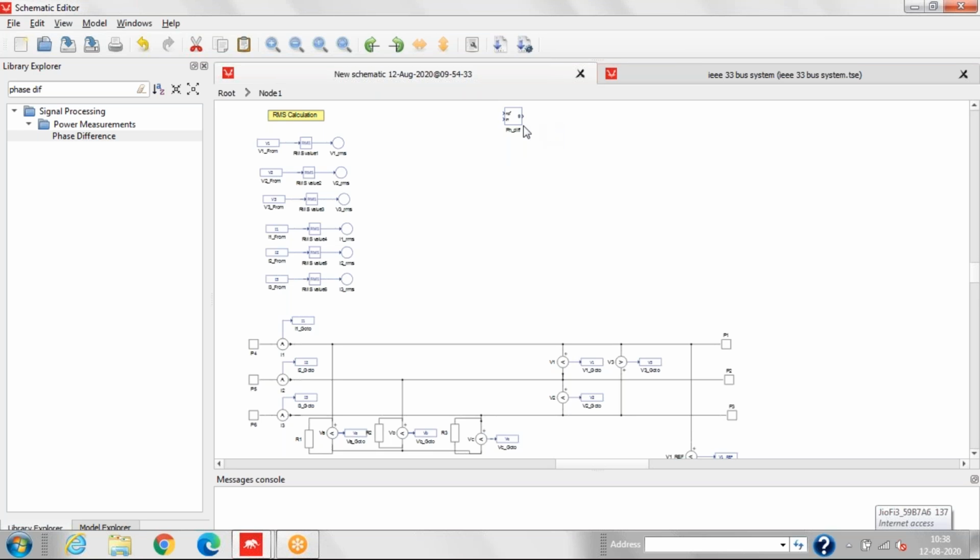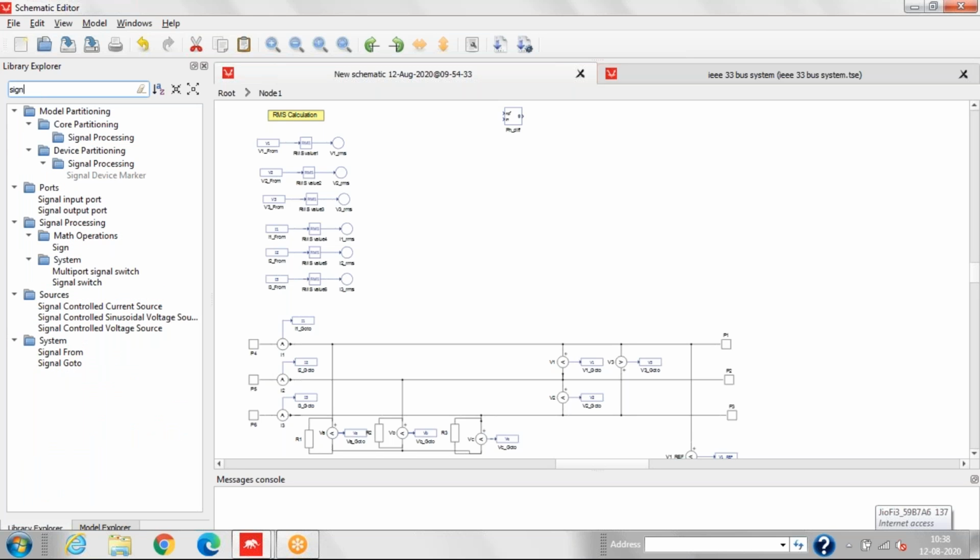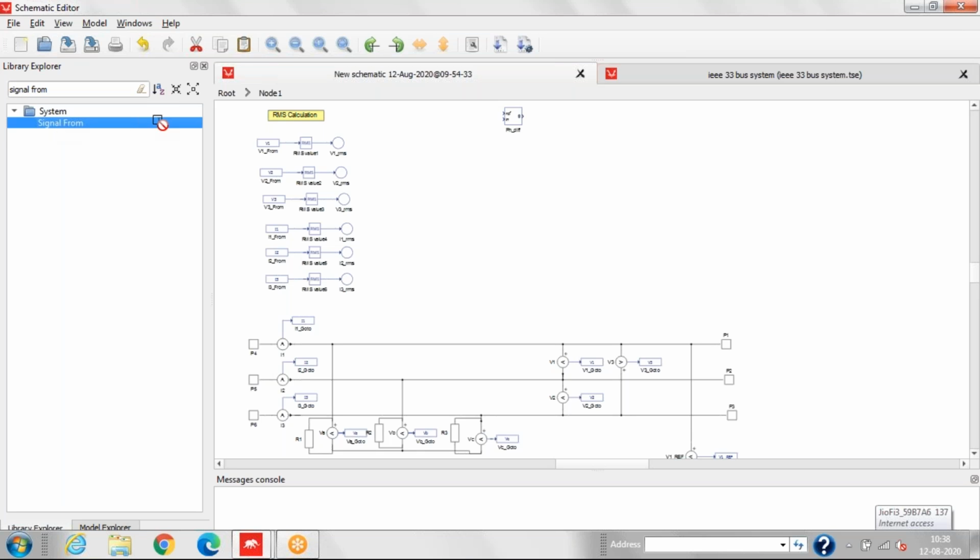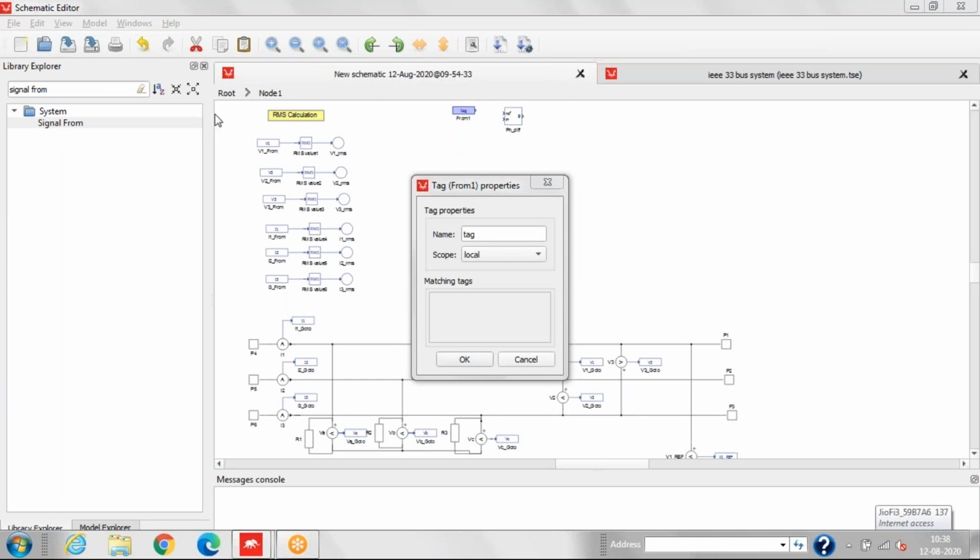Now we require the signal. So for that we'll use signal from block so that we can get the signal from the desired signal. So we'll drag signal from block and we'll change the tag name here.